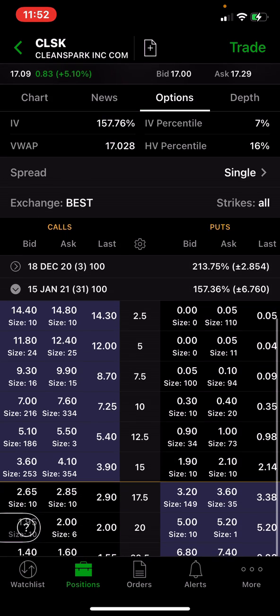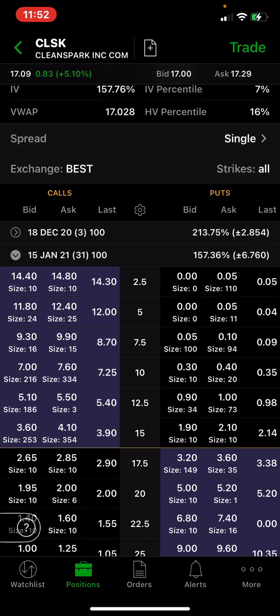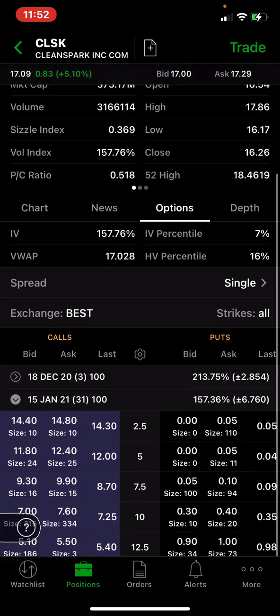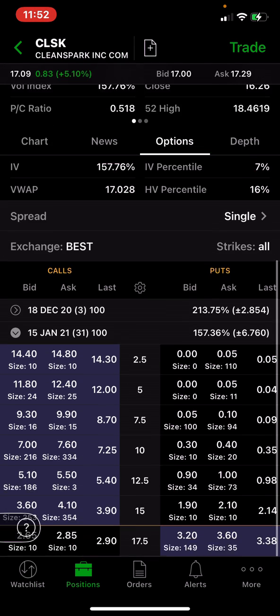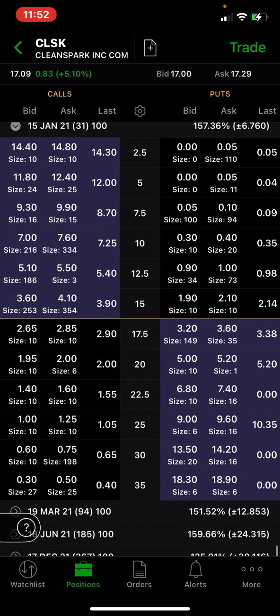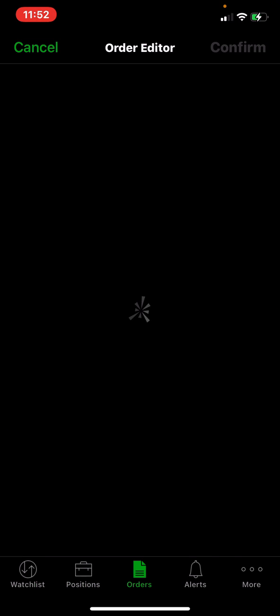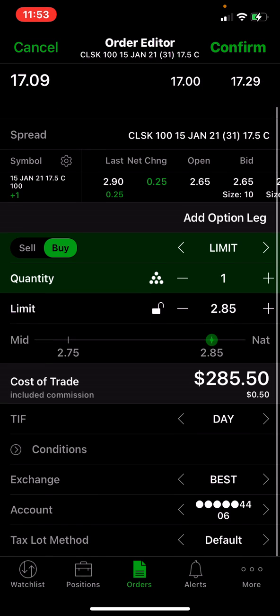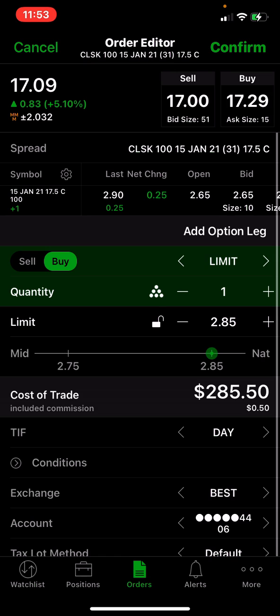And we're going to go to the January cycle. The expected move is $6.76. You can see that right here when I open the tab on January. You see 676, right? So, if I were to buy an option, all I do is click here on the ask, boom, and the tab is going to come up. And this is the option I'm going to buy, right? This option is going to cost me